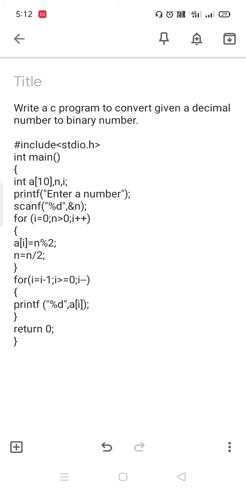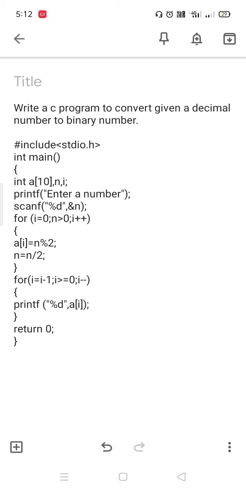First of all, every C program starts with an include statement. Everyone is familiar with the first line, that is hash include stdio.h. After that, every program starts with main. Everyone knows main. I am taking my return type as integer and I have written main. After that, I am opening the braces. Main is open. Here I need to declare some values.